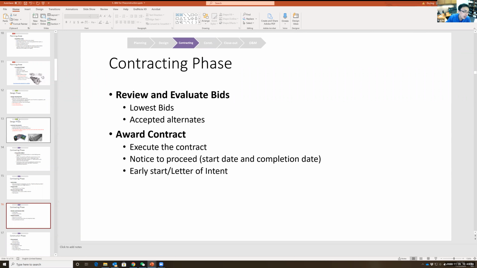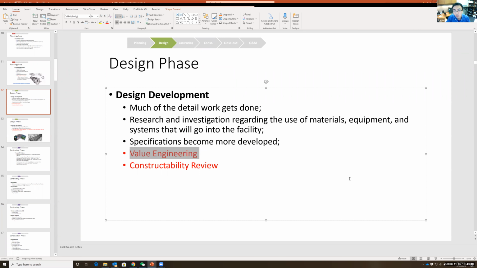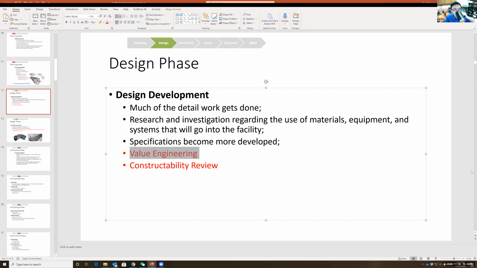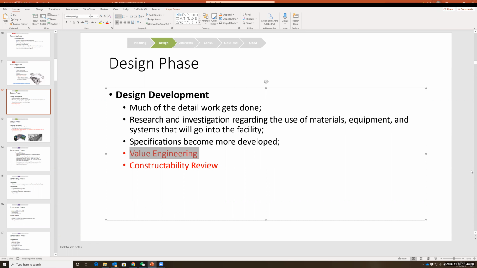Okay. By the way, I forgot this part, I talked about this one last time. Can anybody now tell us what is value engineering? It is part of the design phase. What is value engineering? We talked about that last week. Nobody? Come on, guys. So value engineering was invented in World War II, basically by two mechanical engineers from the